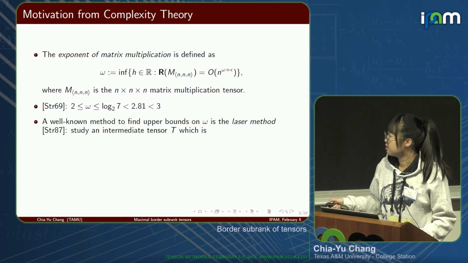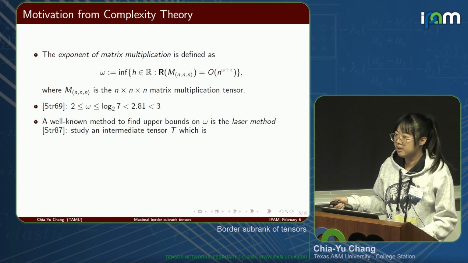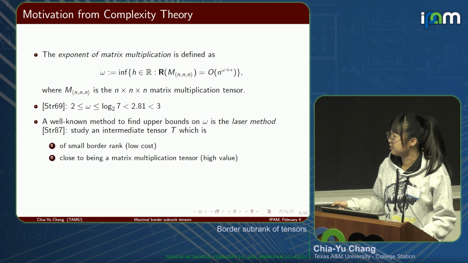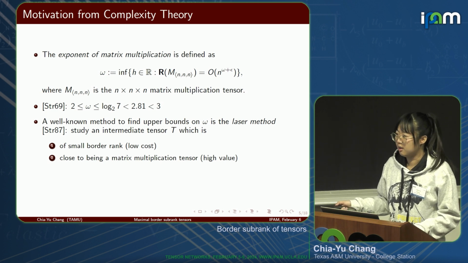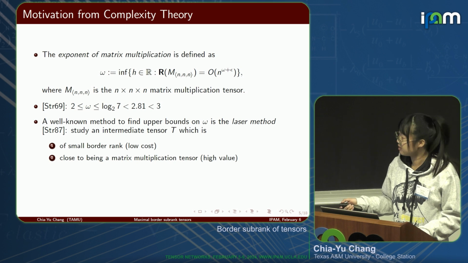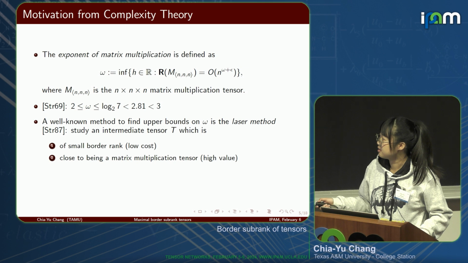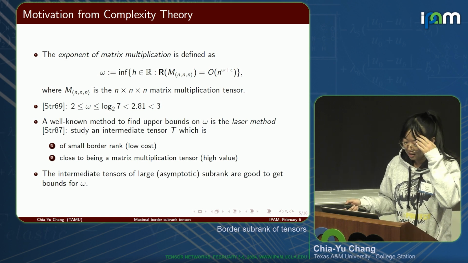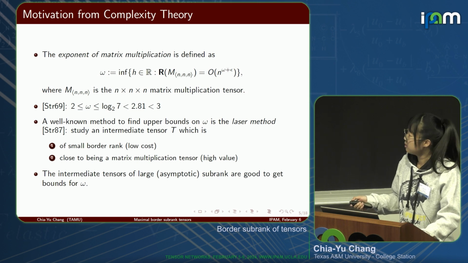Okay. And a well-known method to find upper bounds on omega is called the laser method, first introduced by Strassen in 1987. The idea is to study an intermediate tensor T which, first, is of small border rank, meaning it has low cost, and second, is close to being a matrix multiplication tensor, meaning it has high value. This method is used to prove that omega is less than 2.38, which is less than 2.81. And so far there has been only 0.004 progress on upper bounds for omega